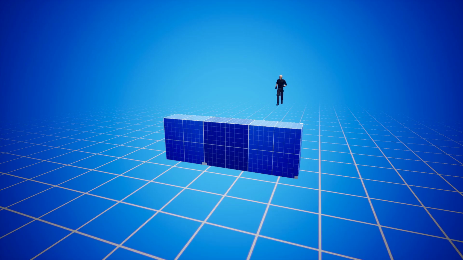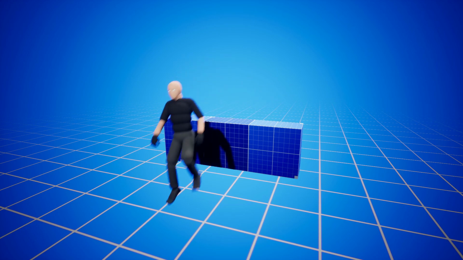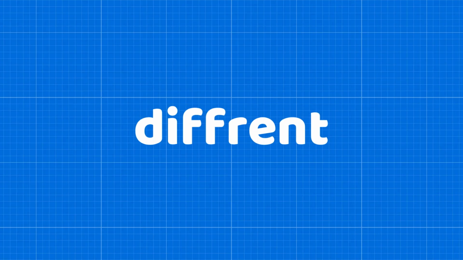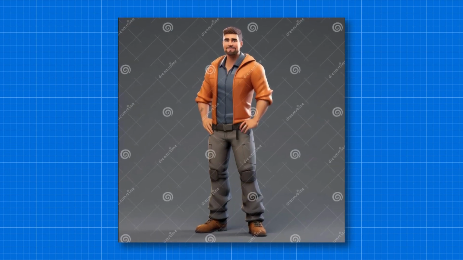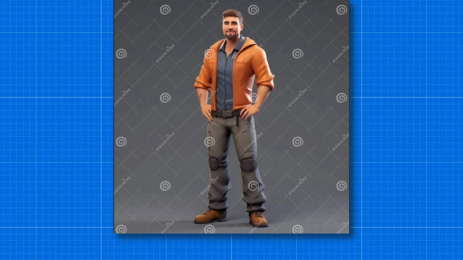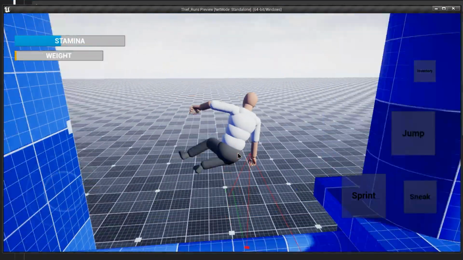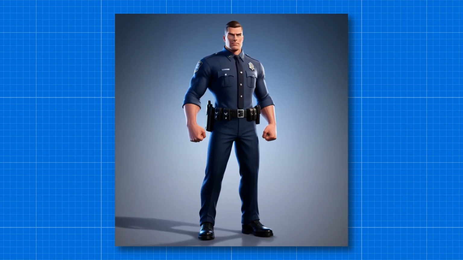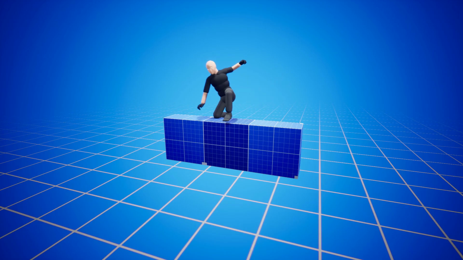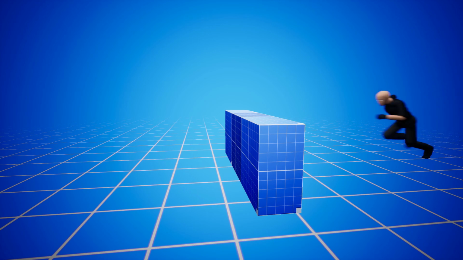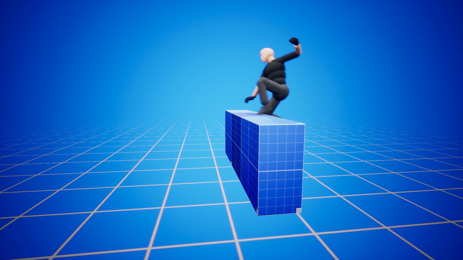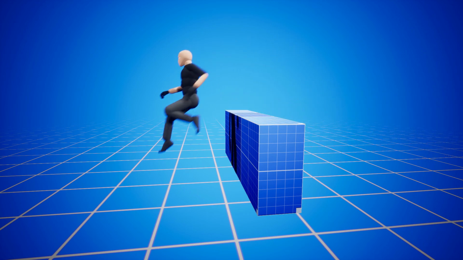So after that, I made a separate vault animation for police. But if you guys are wondering why a different vault animation for thief and police, here is the reason behind that. See, the thieves in our game are going to be kind of skinny or lightweight characters, which gives them the advantage of quickly vaulting through the window, whereas the police are jacked and heavy dudes. They take some time to lift their body up and jump to the wall. Hence, they put one leg on the window's wall and lift themselves up to jump through the window, which obviously